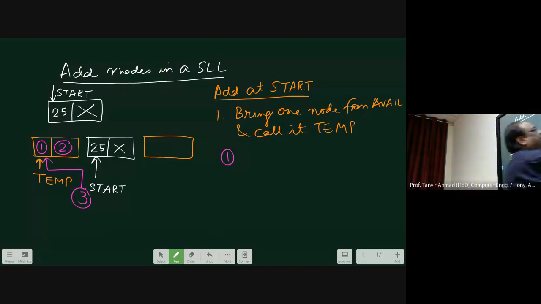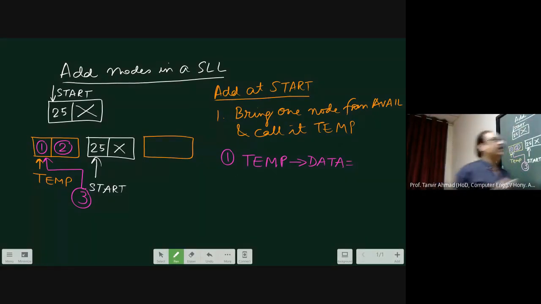This will be written as temp of data is equal to any data. For example, let us take some element. Element could be say 1, 2, 10, 20, 30, 40, 100, anything. Some integer data.